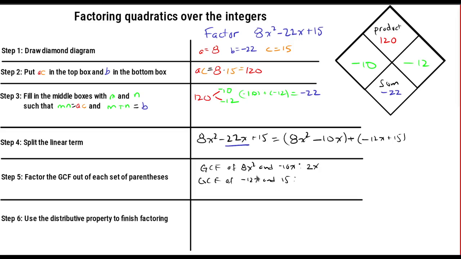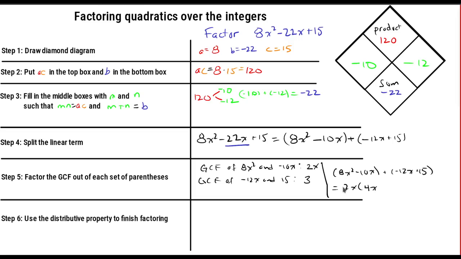There's only one x in these two monomials, so x is not a common factor, but we have a greatest common factor of 3. So we can factor these out. In our 8x squared minus 10x plus negative 12x plus 15, we pull the GCF out of the first one, a 2x, that leaves